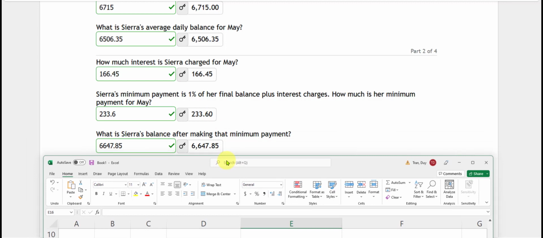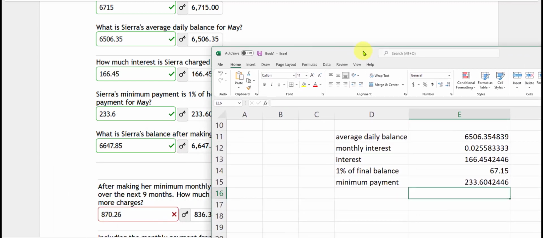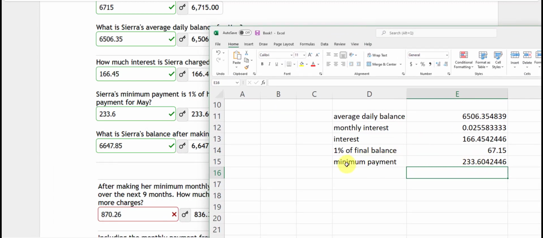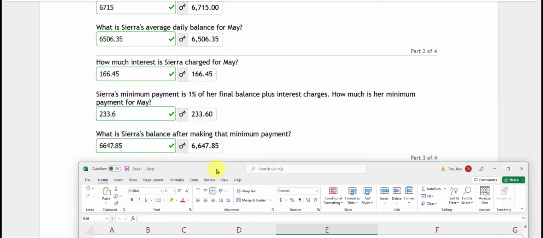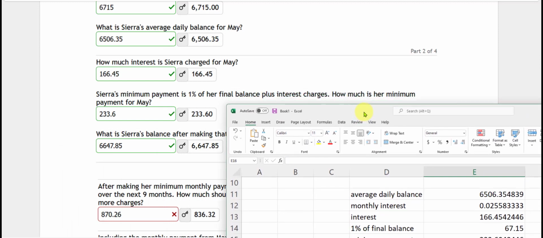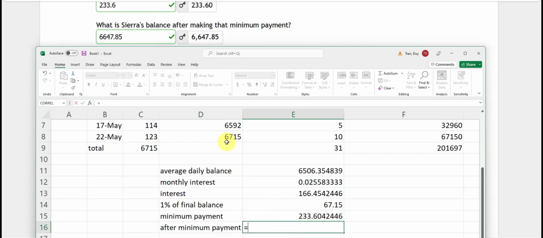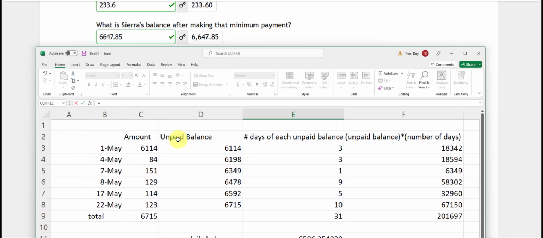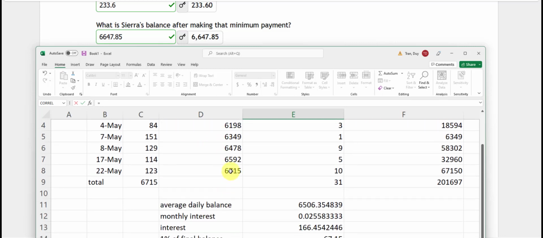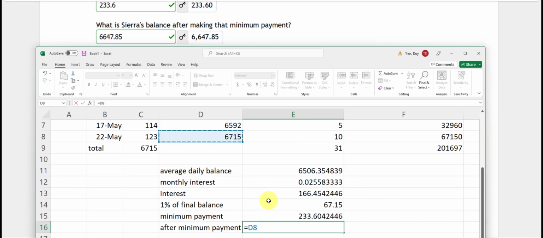And then the next question: what is Sierra's balance after making that minimum payment for that month? So this is the minimum payment, 233.60. And after we make this payment, what is the balance? To calculate the remaining balance, we take the total balance, which is the total unpaid balance, which is this one, and we subtract,